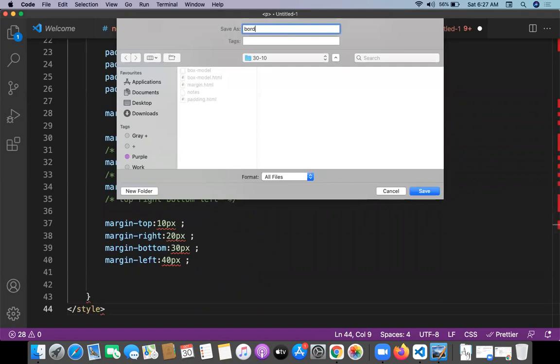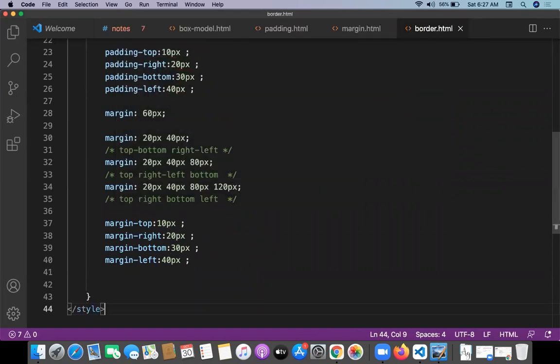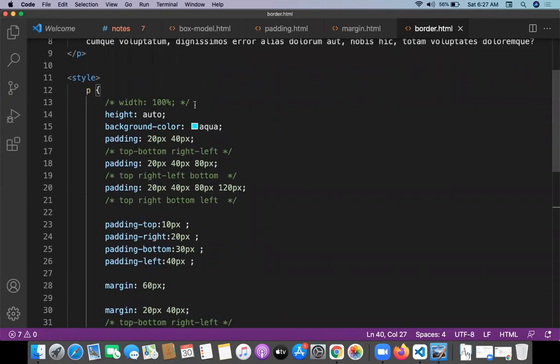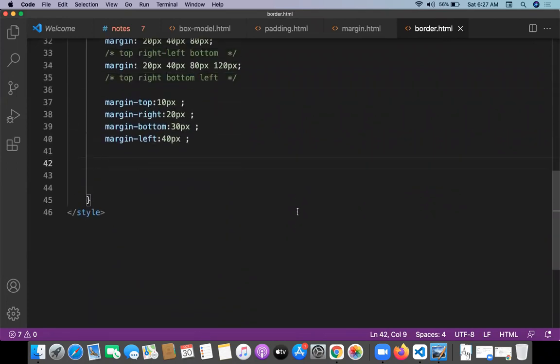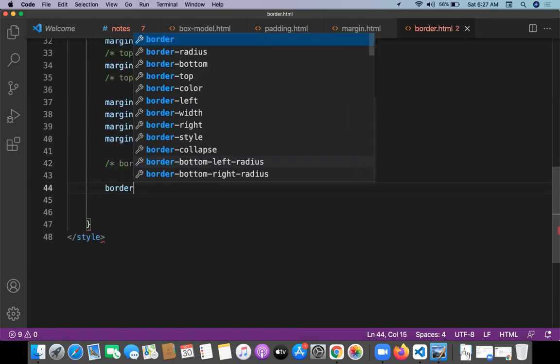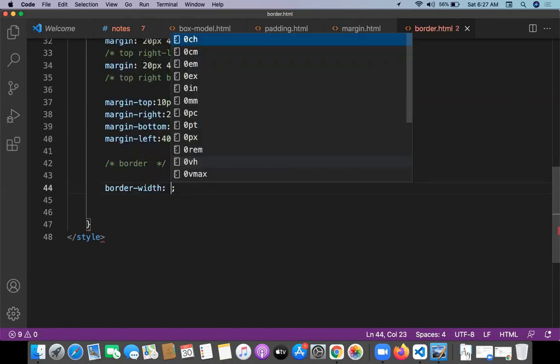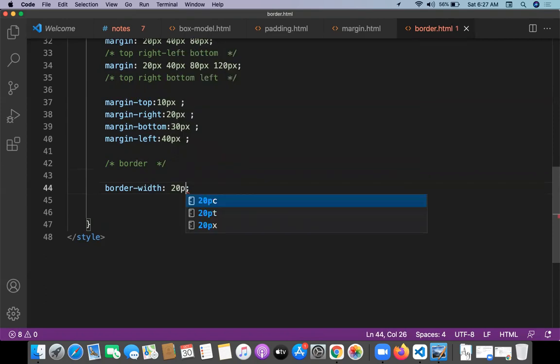And now this one is border.html. For the border, padding and margin, leave it as this, and I come down. Now we are trying to work with the border, how the border is going to work. Let us discuss. First one, I'm providing a border width, something like 20 pixel or 10 pixel.